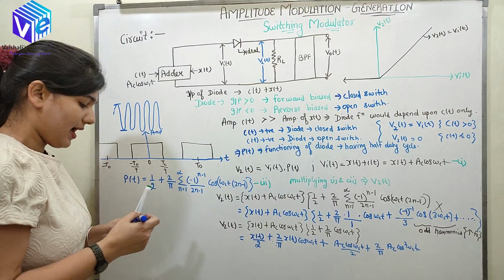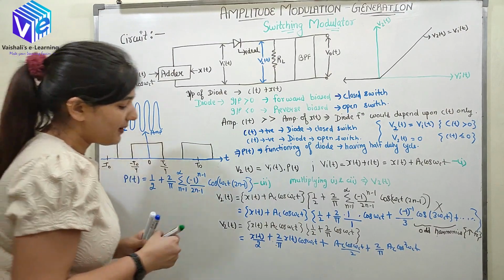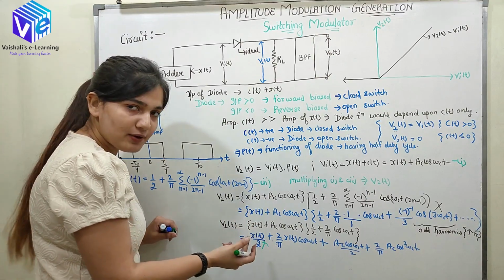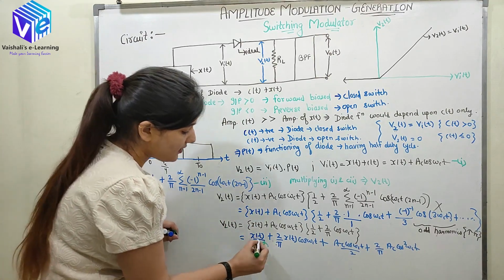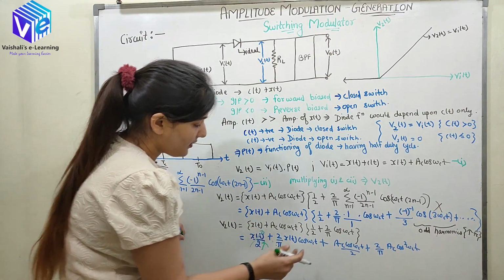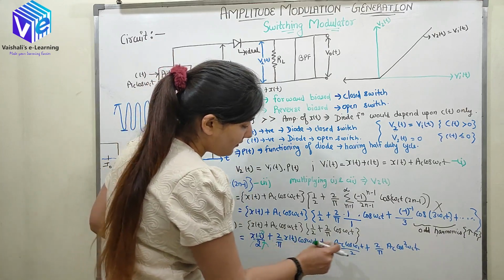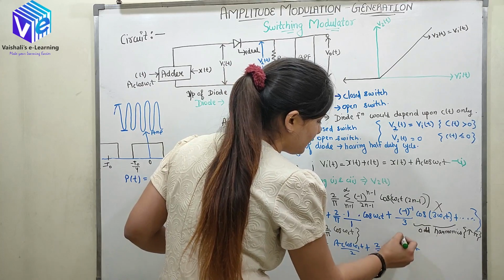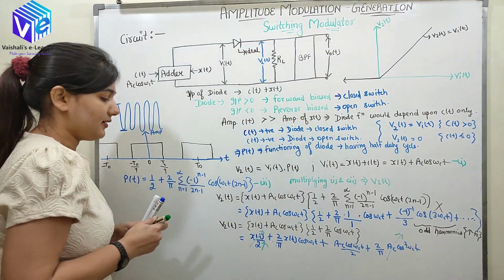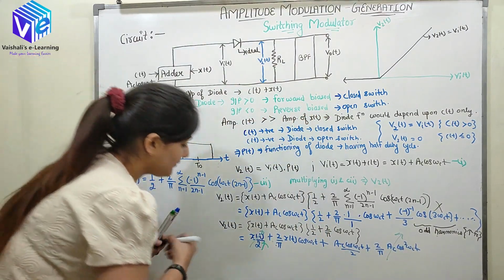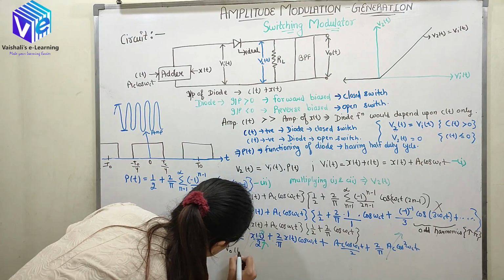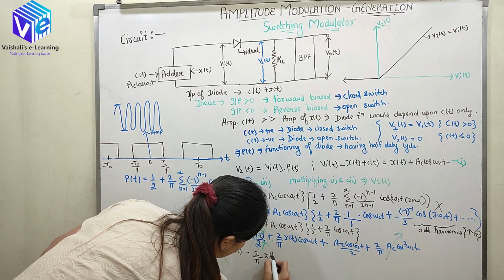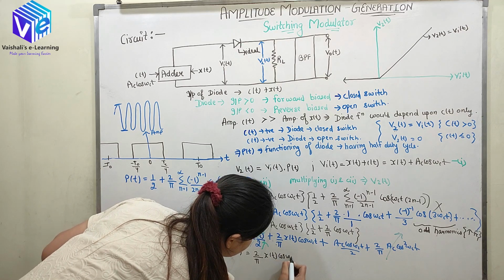So again I'll be using the functioning of the band pass filter. So band pass filter is again centered around Fc. So this is a low frequency signal. It would get rejected. This will go to the signal. It will pass through the band pass filter. Again this will pass through the band pass filter, and this will again get rejected. So I am left out with V output t would be 2 upon pi xt cos omega ct